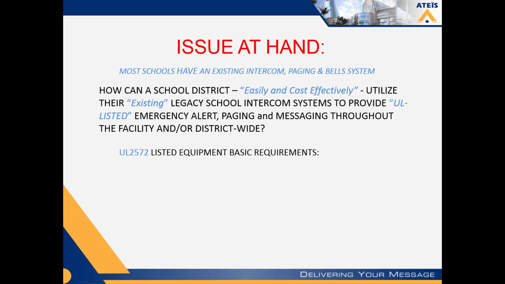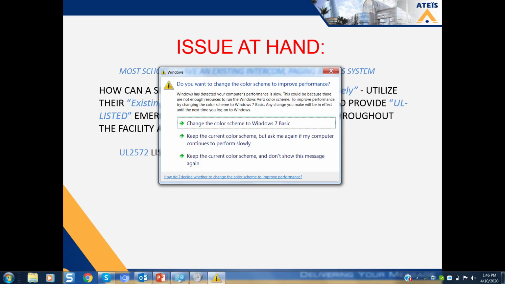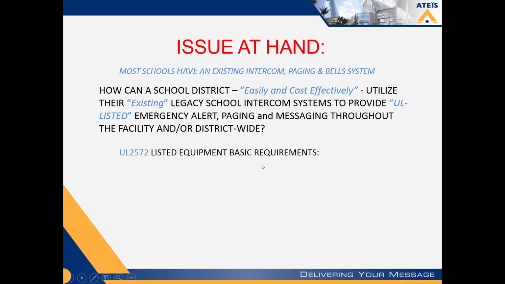But before we get too far down the road, let's take a look at what UL2572 listed equipment means and what the basic requirements are. UL2572 in a nutshell is just the life safety or voice evac listing requirements for any piece of equipment. Quite frankly, UL2572 is just a listing requirement that any equipment used for the purpose of public address,